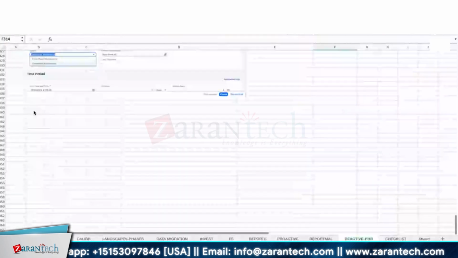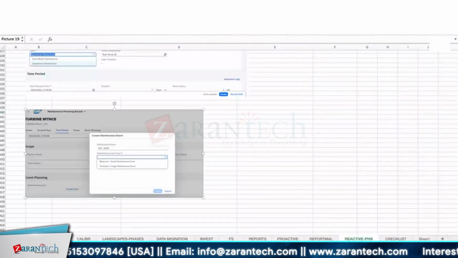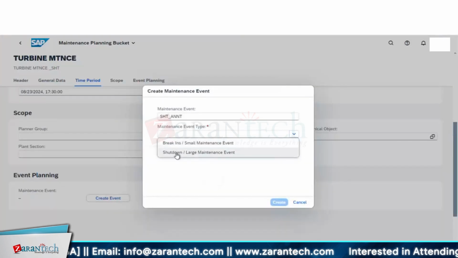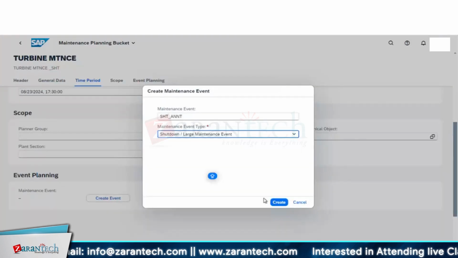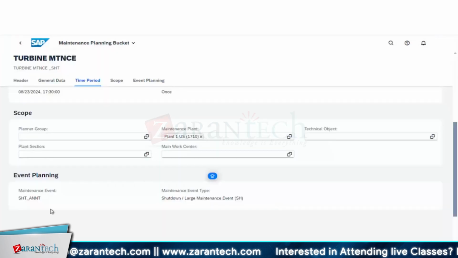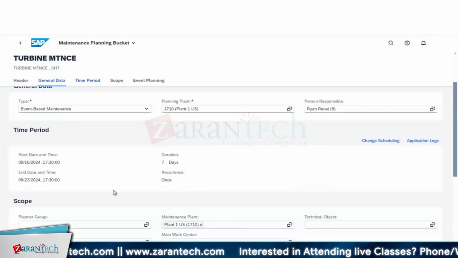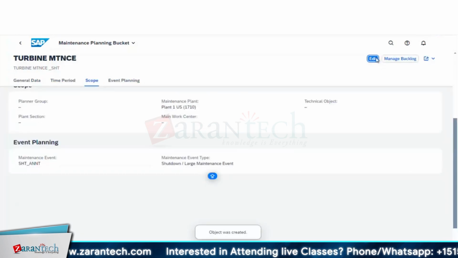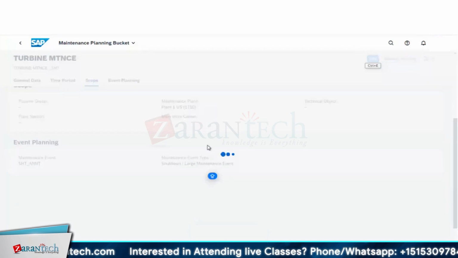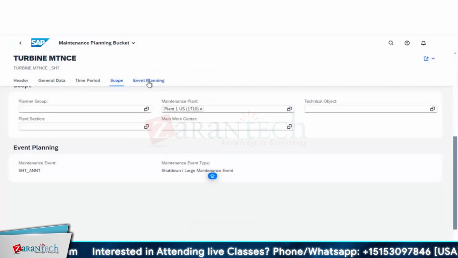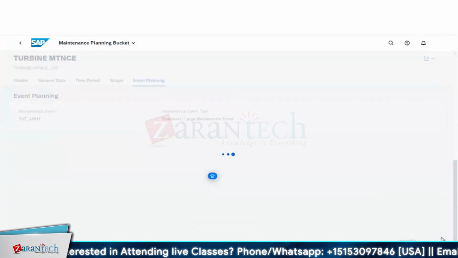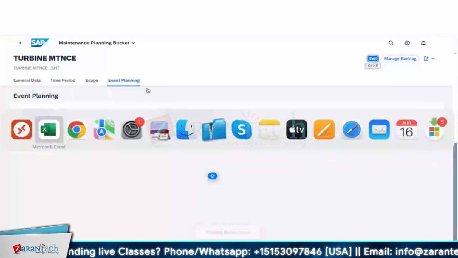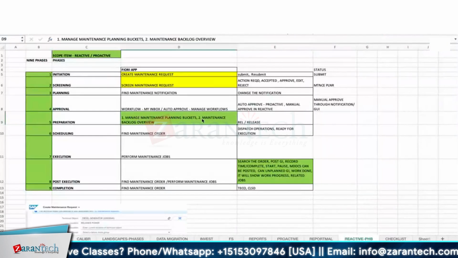Sorry, this is again in the GUI screen, who creates your revision part, all those planners, right? Maintenance planners or managers, they will do it. So I'll say shutdown, large maintenance events. So create this particular event, and this has been assigned to you. And your scope is done, event planning is done. So same, create it. Okay. Again, if you want to edit or change the existing one, you can go for it in planning, all those things. So once the maintenance planning bucket is done, you go for